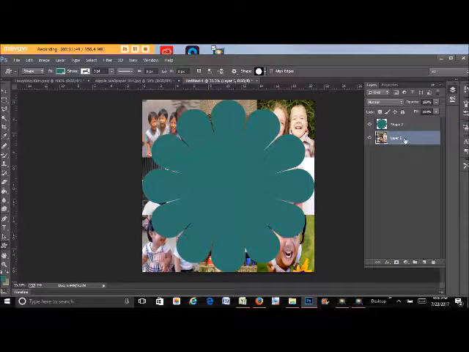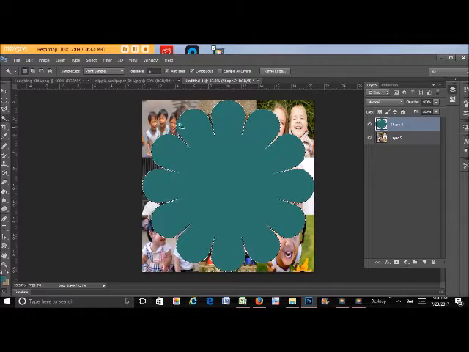Okay, so now I have my underlying collage layer and the shape that I want to cut out from my collage layer. I'm going to go to the toolbar again and choose my wand tool. Now I'm going to make sure that I click on shape so that I can highlight the shape. You'll see here that you have those running lines highlighting the shape of the flower. Then I'm going to click on the underlying layer,